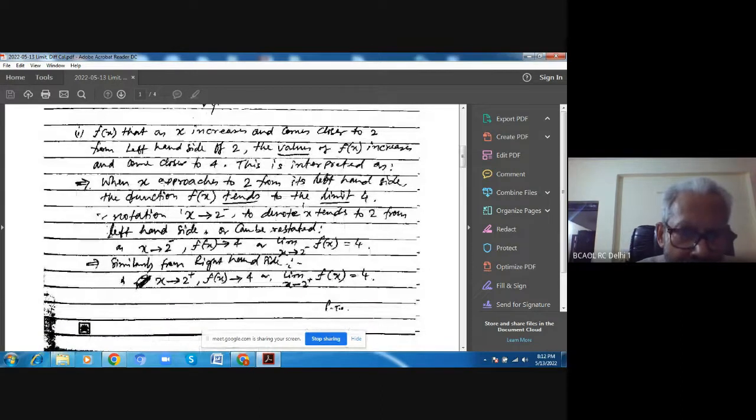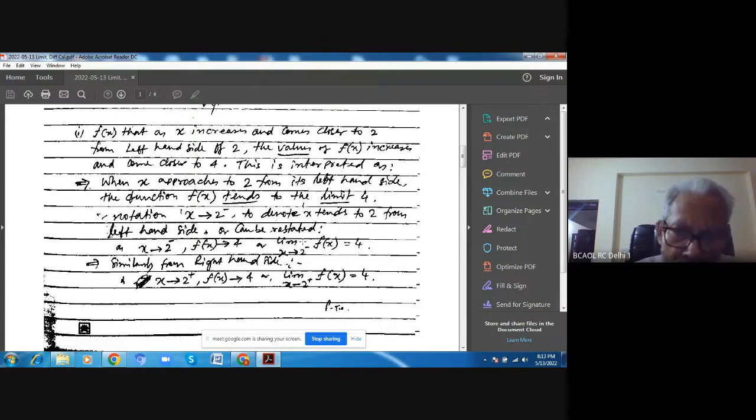So how to represent x? This is the arrow, meaning x approaching, or we can say x tends to 2. So, one dash, we can say it is a minus symbol because it is from the left hand side. So that's why we are putting a minus. So function of x tends to 4, or approaching 4,